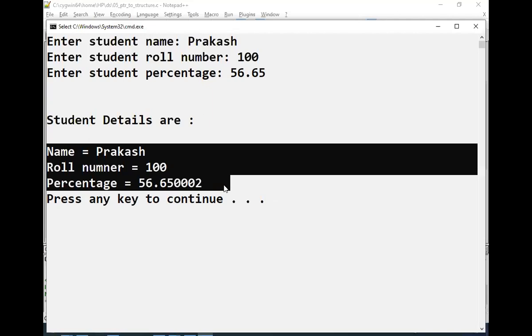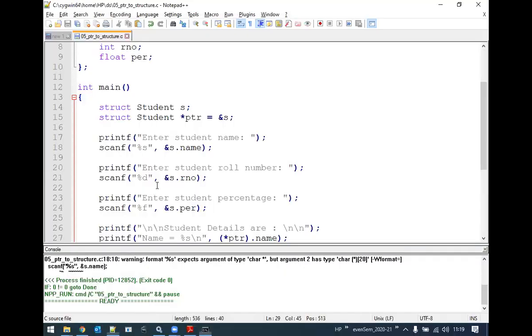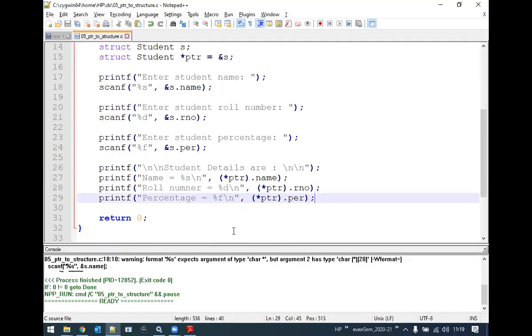No, sir. Okay, now one more concept I want to tell you here. The structure members can be accessed using the pointer, that is by writing star ptr. There is another convention.